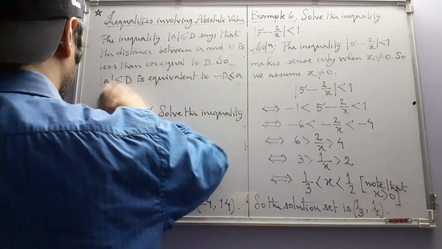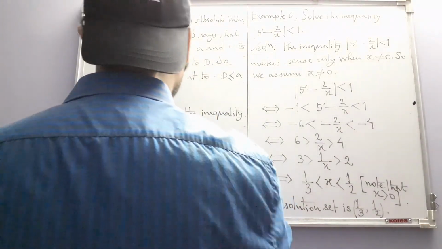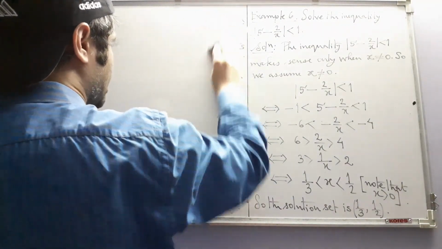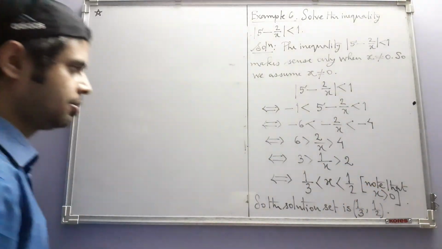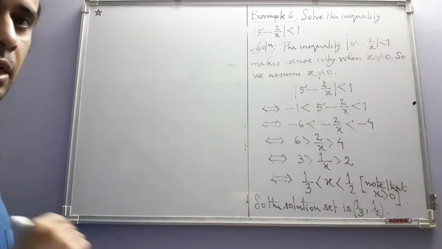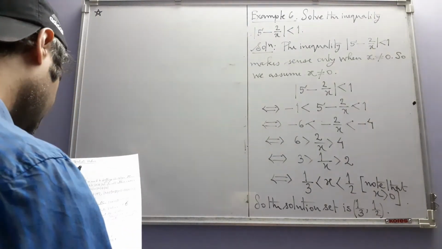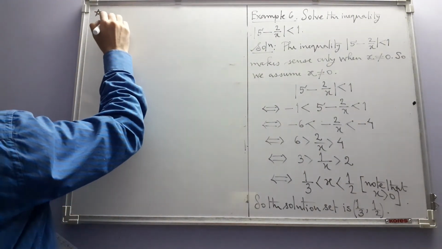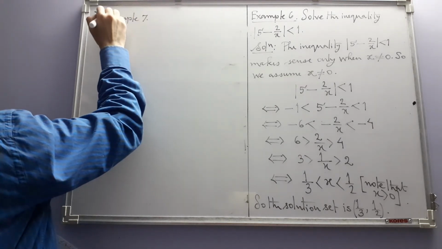And finally, one more example, which is like these two examples 5 and 6, but it's also different. It's like them in the sense that it involves absolute value, but it's unlike them in the sense that instead of having a less than symbol, we have a greater than symbol. So we will encounter some difficulty here. In fact, both cases are there. So this is example 7.